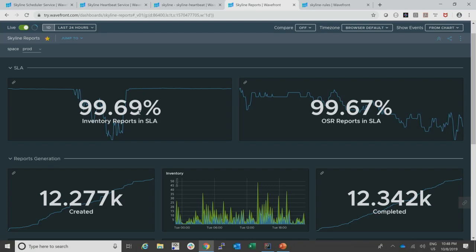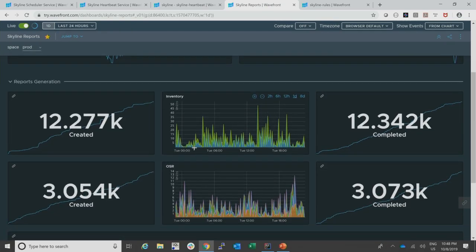So when something goes out of the rails, you are immediately alerted, and both the SREs and the developers have the same understanding. So let's see how things look. Within the last 24 hours, here the window is 24 hours, you see that we have created approximately 12,000 inventory reports, and 12,000 something were produced.